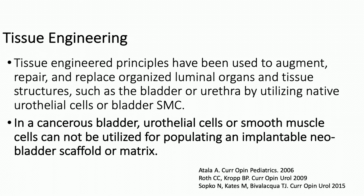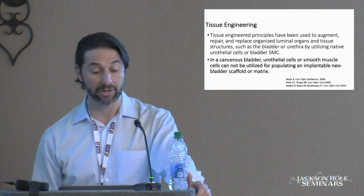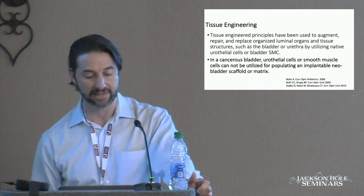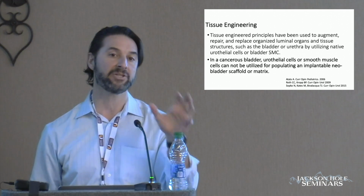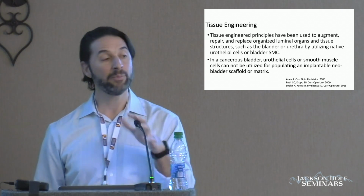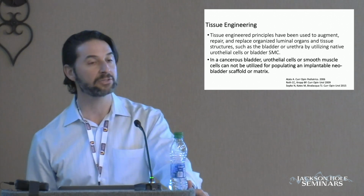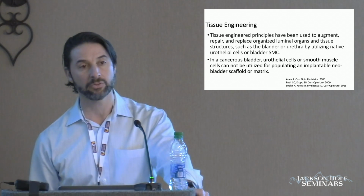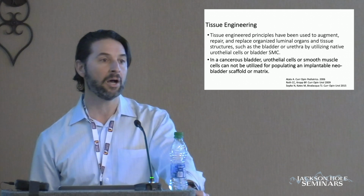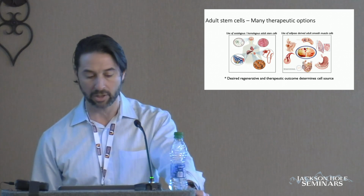This is a concept that has been proposed for the utilization of augments of the bladder, in particular the bladder and urethra. This is work that's been done both in Germany, throughout Europe, as well as in North Carolina by Tony Atala. But the issue is that they're actually using biopsies of the patient's own bladder or muscle, and we can't do that with patients with urothelial cancer for the obvious reason. So we've proposed that we can figure out a way to isolate smooth muscle cells and then implant this onto a urinary